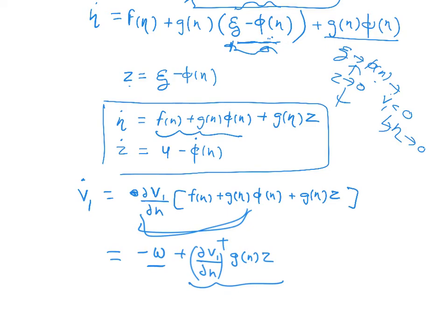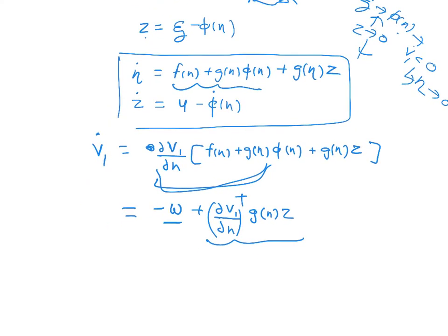So this remains hanging because z is not 0. If z is 0, then this is minus w. So your v1 dot for now is this, because z is not 0 for now. Okay, so having said that, now what you do is go ahead and define your v1,